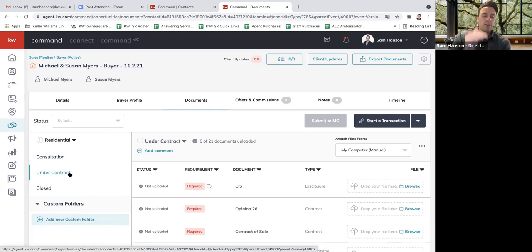On the left-hand side are going to be some checklists. The way these checklists are set up, they're very similar to the ones we already have in dotloop. Whether it's for a listing or you're working with a buyer or whatever the case may be, we have those checklists, and I think I actually have one printed out